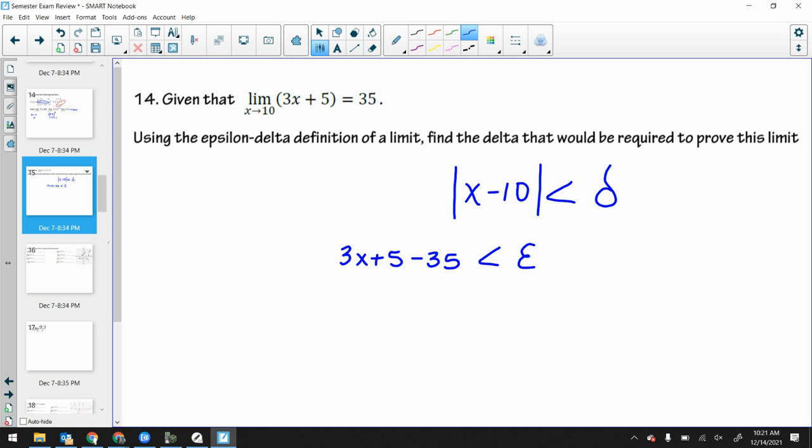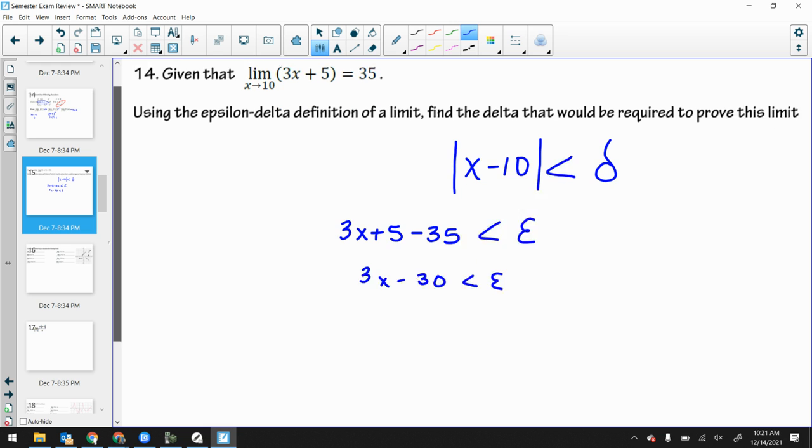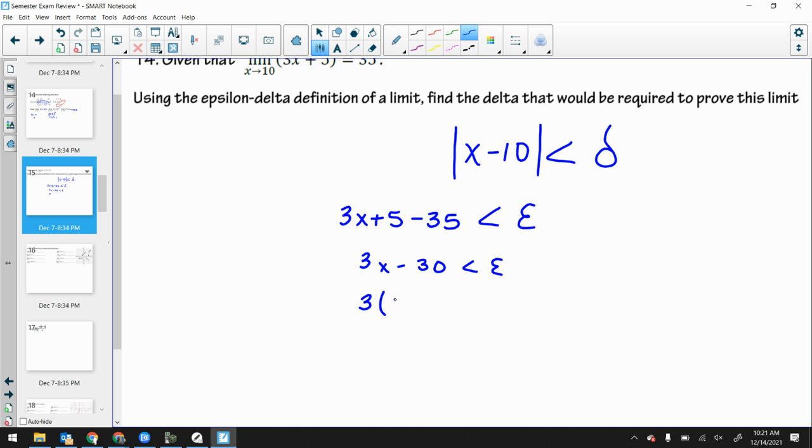Because that's the true epsilon delta definition, right? I want to figure out how close my x's need to be to ensure my limit actually comes out near 35. Because that's the idea of a limit, getting closer and closer to 10 without actually ever reaching 10. How close does it need to be that we can assume it to be 10? Well, let's reduce this down. 3x minus 30. Pull out the 3. So x minus 10 is less than epsilon over 3.